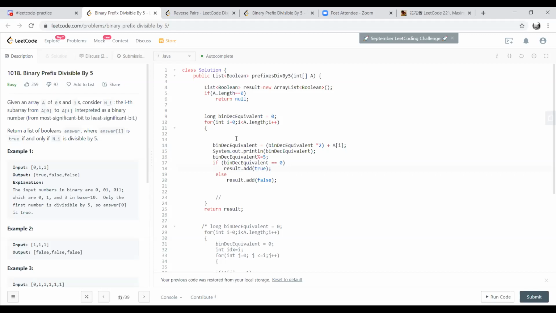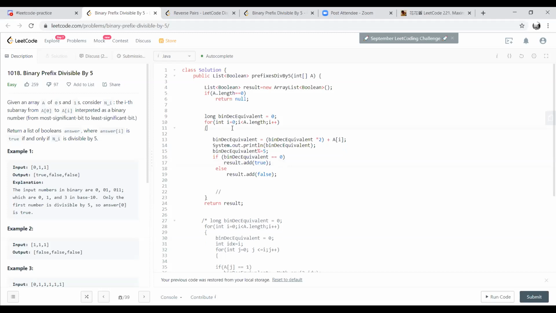So this would work for all numbers. If you want to do it for divisible by 6, divisible by 9, divisible by whatever, you should be able to use the same technique, without overflows. Yeah, basically we are reducing this.